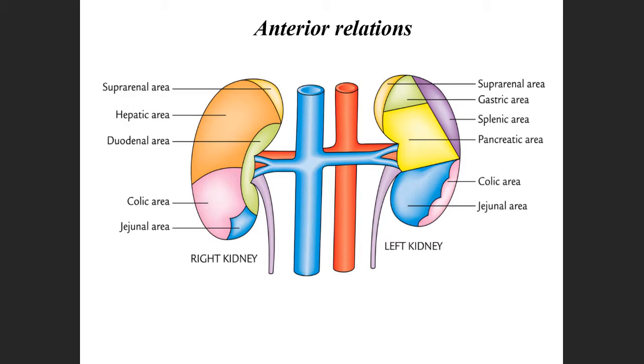Suppose if I ask, identify this pointed structure. Yes, in the practical exam, if I ask identification, then you will write identify the structure and side of the organ. Then you have to write right kidney. And then what are the anterior relations? You can write the suprarenal area, all this. But if you write these, you will get less marks. You have to write